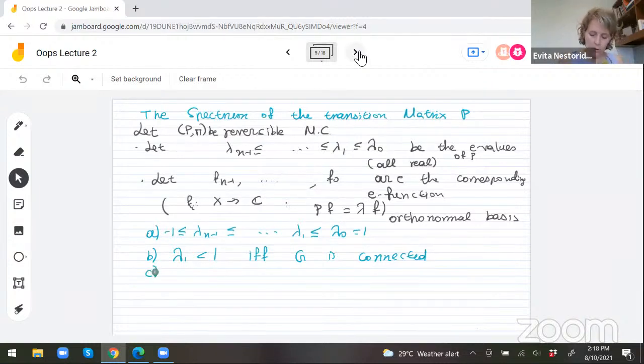And the third thing I want to write right now is that the last eigenvalue is actually strictly bigger than minus 1 if the graph is not bipartite. I keep misspelling bipartite. Okay, so